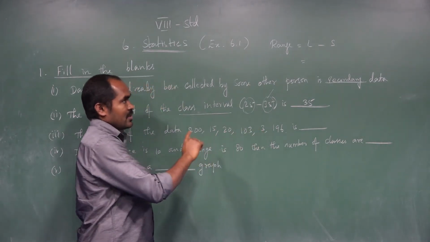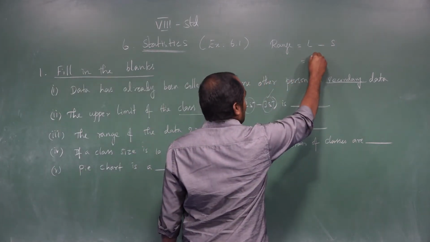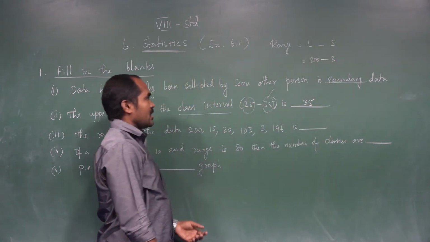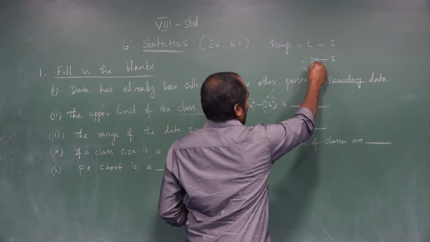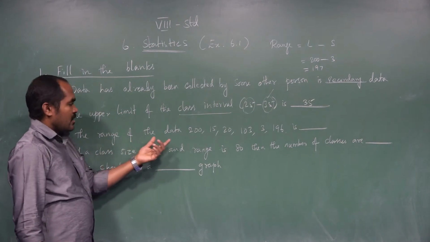So 200 minus 3 is 197. So the range of the data is